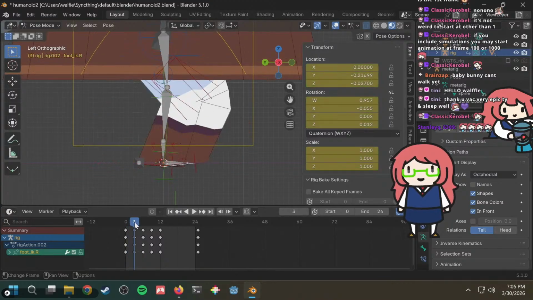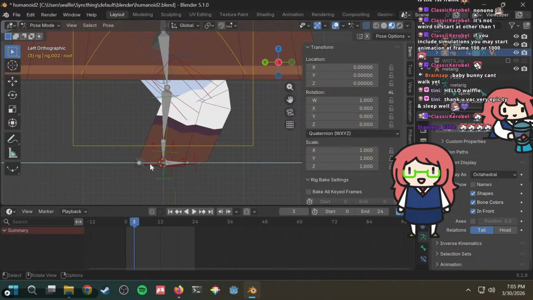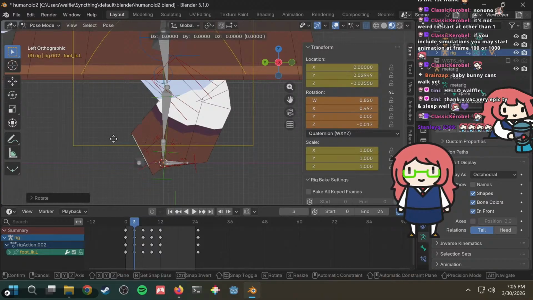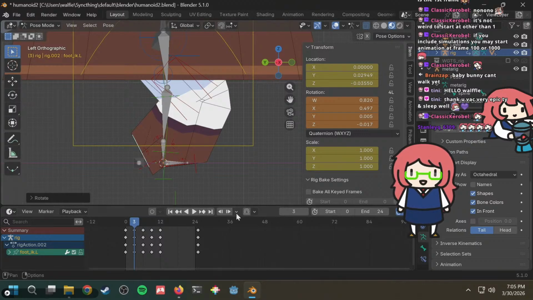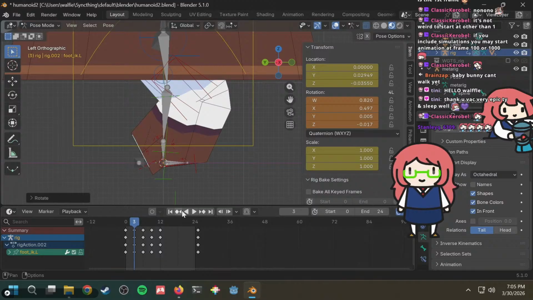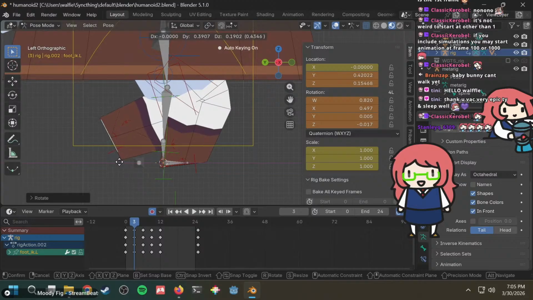Oh, it didn't save. I didn't press I. I didn't save any of them. Oh my god. Why doesn't it automatically insert a keyframe? Wait, there's a way to do that, right? Hold on. There's some way to automatically insert a keyframe when you move stuff around, and I'm just not doing that. Auto keying, that's what I was missing. That's why it did not work.